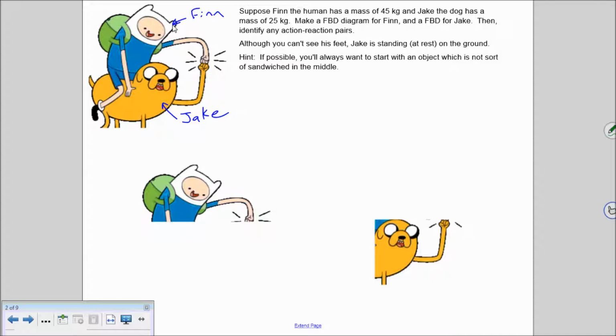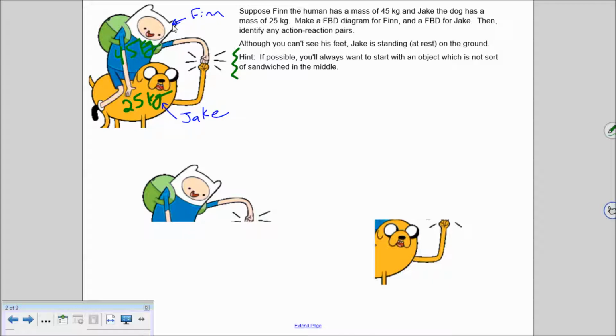In this example, and all these examples, Finn the human is going to have a mass of 45 kilograms, and Jake the dog is going to have a mass of 25 kilograms. What's going on here is Finn is just sitting on top of Jake. Our goal is to make a free body diagram for both Finn and Jake. This is just kind of a hint: when you're solving problems like this, when you've got two objects that are interacting like this,